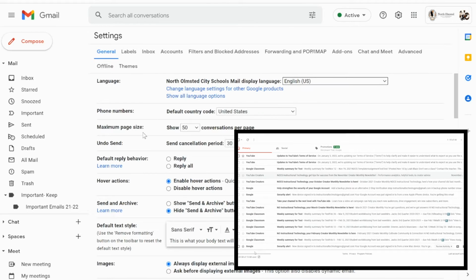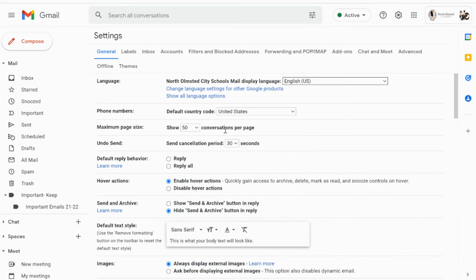For maximum page size, this is how many conversations show up per page. You can think of conversations like emails or email threads, and if you like to have a longer list to scroll through, you can select up to 100 conversations per page, or you can keep it pretty simple. Just keep in mind, the more conversations you have on a page, the less pages that you will have to